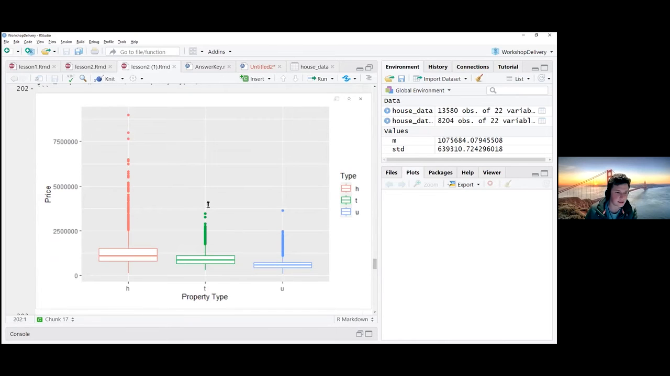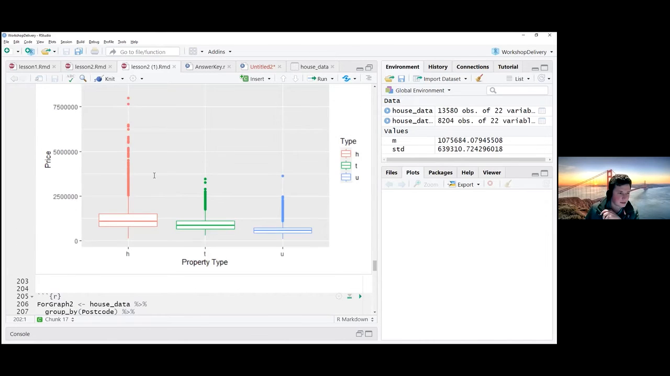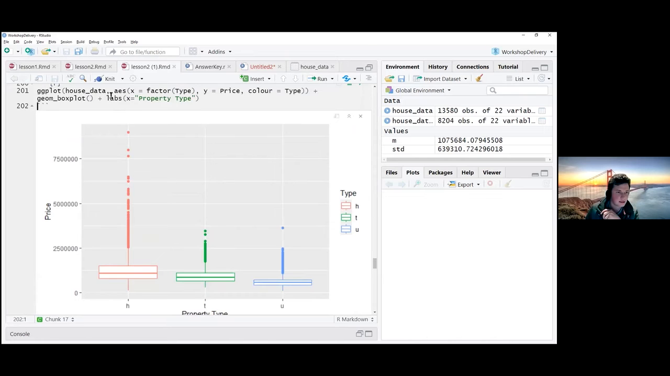So we have the price here, and we have property type here. We can see that houses are the most expensive. Their median is here, and they've got a high tail, so there are a lot of expensive houses around. But townhouses tend to be cheaper with a bit less of a spread. And units seem to have some outliers here, but they tend to be cheaper, around about $600,000. So that's how you create a box plot, and then we've added some new labels as well,